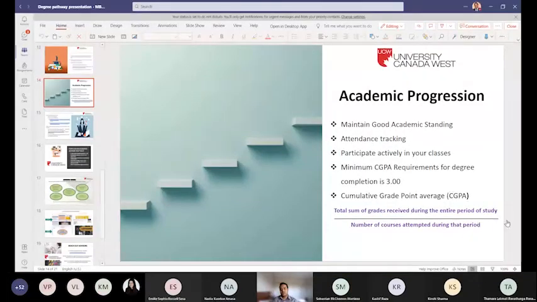If you remember, we discussed this part, and what we shared was the total sum of grades you received during the entire period of study, and the number of courses attempted during that period. For example, if you take 3 courses in the summer term, you sum all of the grades and divide by 3, because you took 3 courses, and you would get the CGPA for that particular term.